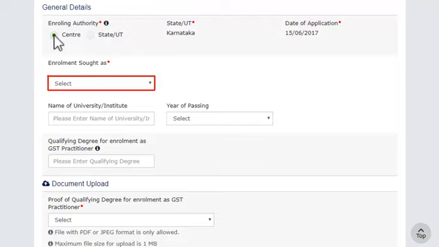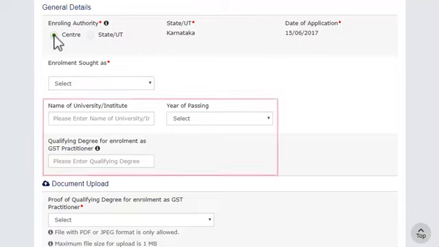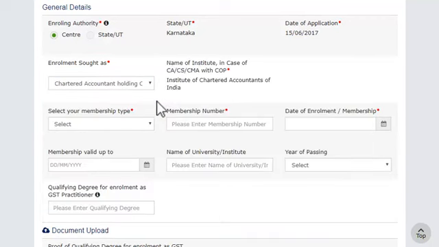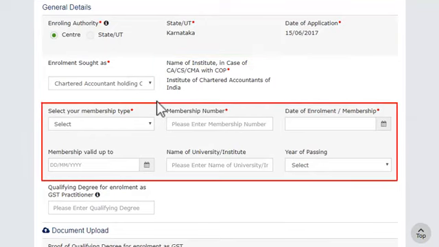You can enroll as GST practitioner only if you hold one of the desired qualifications or if you are a retired government officer. Select the university or institute, year of passing and qualifying degree for enrollment as a GST practitioner. In case of CA or CS or CMA, enter the membership details including membership type, number and date.